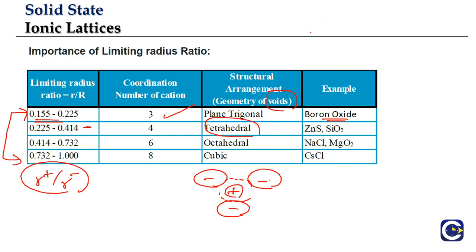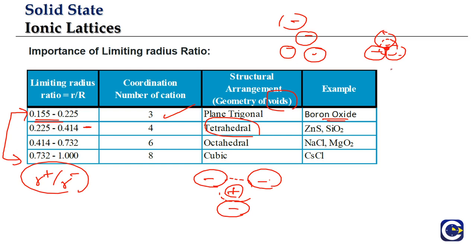What is a tetrahedral void? If we have, say for example, 3 atoms forming a triangle, and there is a fourth, all these are anions. The fourth anion is coming and sitting on top of the depression. So every triangle will be forming a depression. So there will be a depression in the triangle, and the fourth anion is coming and sitting on top of the depression. So between these 4 there is a void that is created.